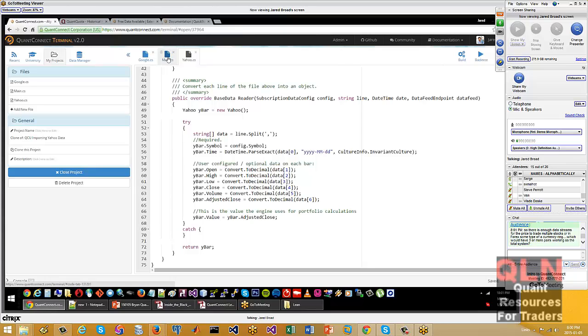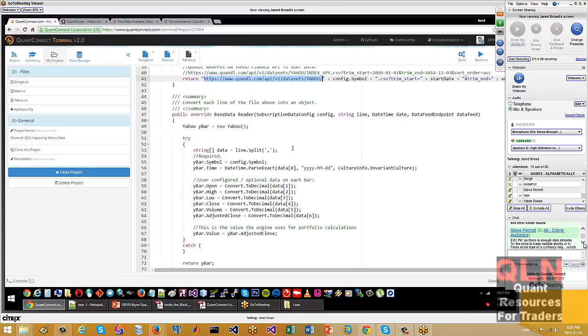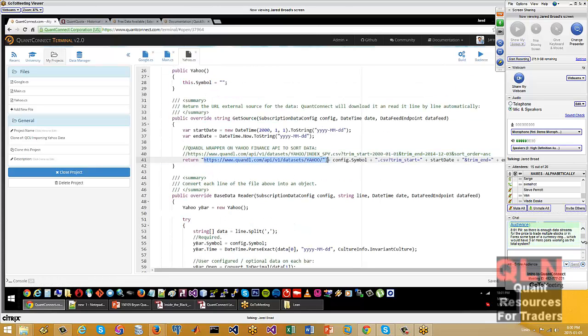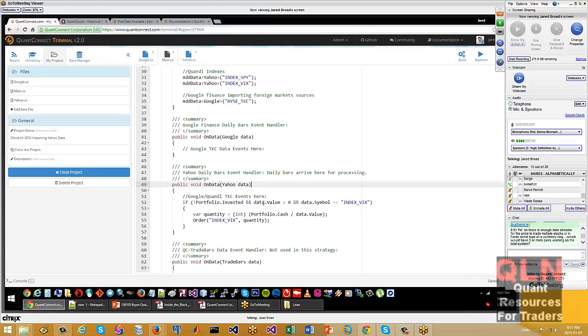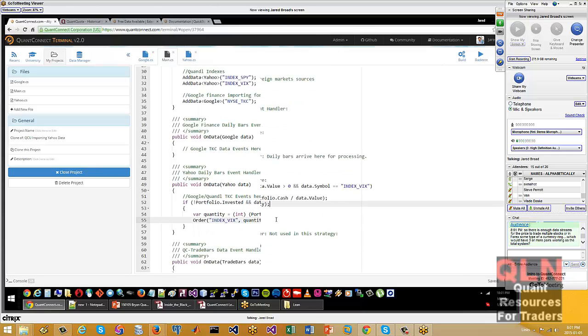People can do it explicitly, or we're releasing a new data type, which is completely generic. It'll read the URL, go to the URL, download the data, figure out the format for you automatically, and then automatically stream in that format of data into the event handler. It's going to be super, super cool.